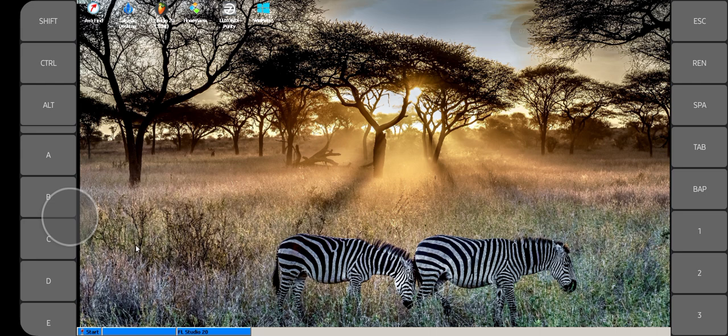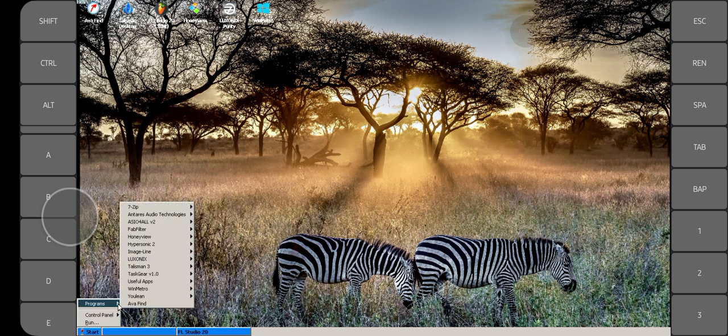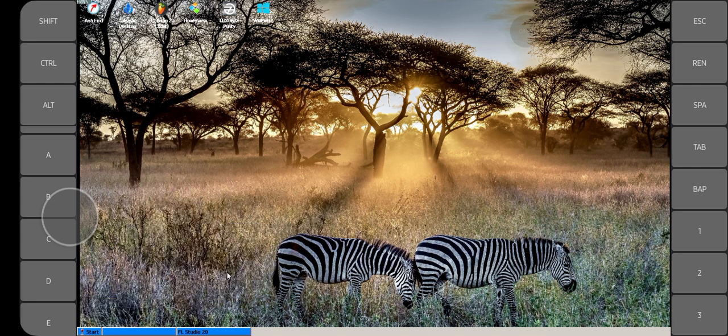some plugins like the Nexus plugin, you'll need to have some drivers. Let me show you. Useful apps, this PC.